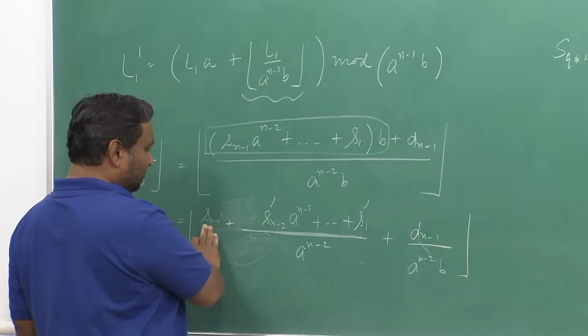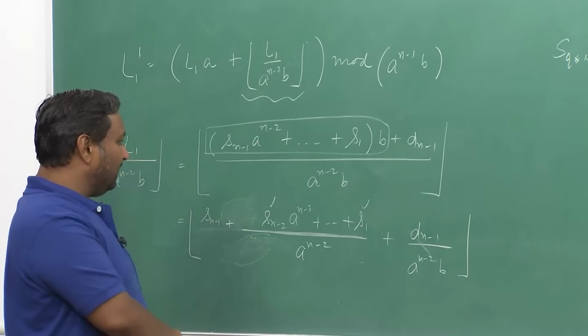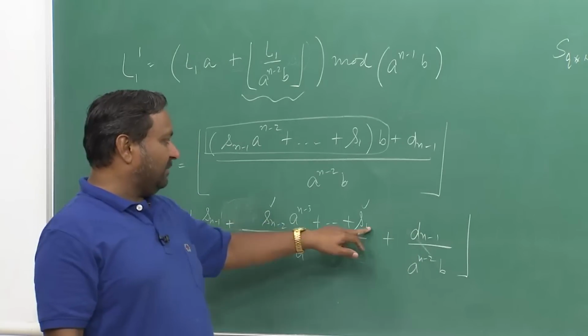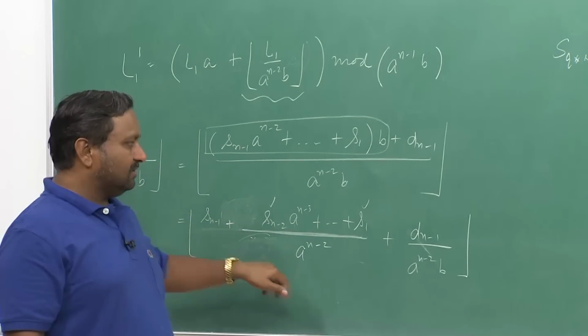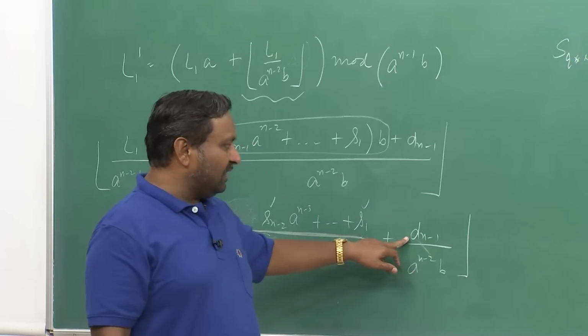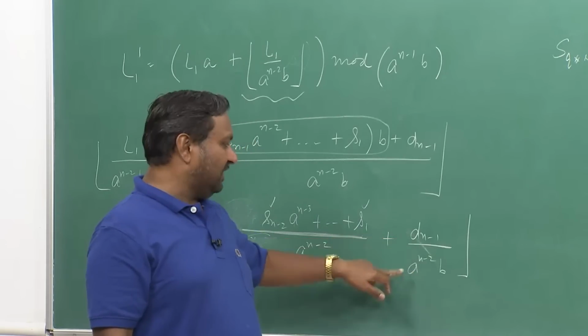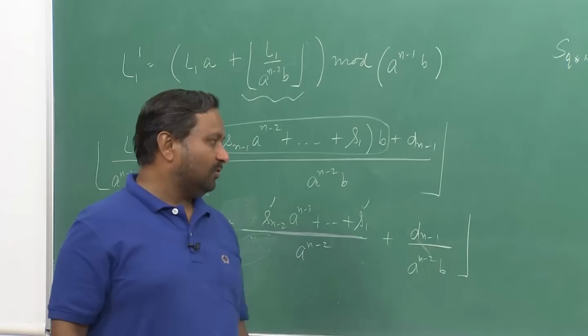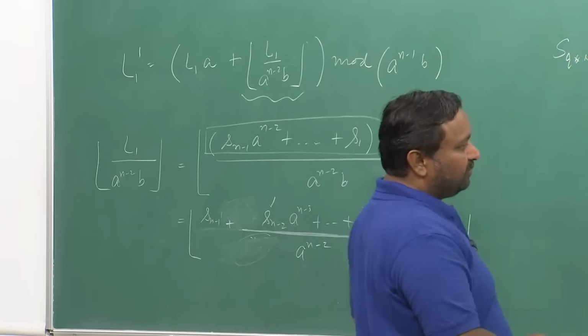So, this will certainly be there in the floor function. I have to only check for these now. So, if I put a minus 1 here, a minus 1 here for all the terms, let us put the maximum value of dn minus 1, which will be b minus 1 here, okay, and then let us compute the whole thing. So, on computation,